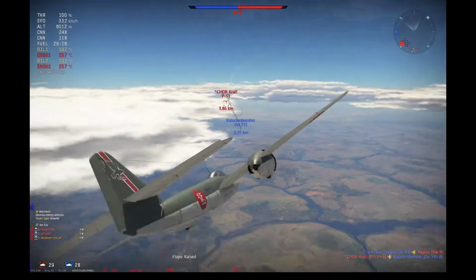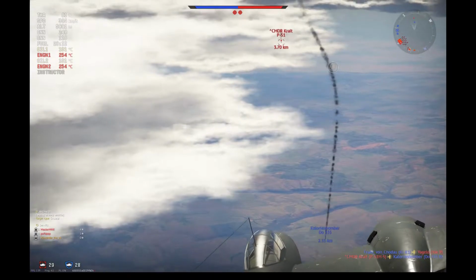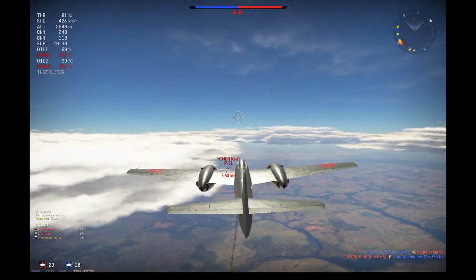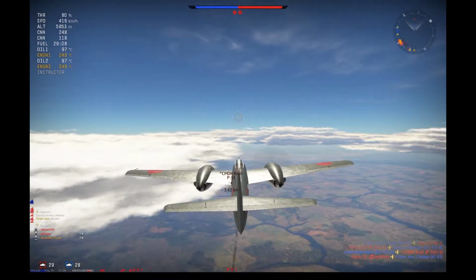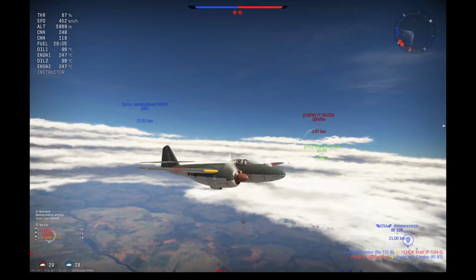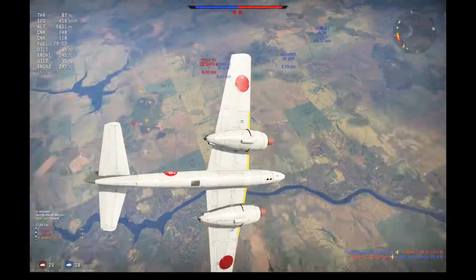Now, both of them seem to have taken each other out there, or at least the P-51 has certainly taken out my Dornier, but he doesn't seem to be recovering from that dive. Yep, and he's also been taken out, which is somewhat unfortunate. I would have liked to help the Dornier, and I now have a Spitfire on my tail, so I turn